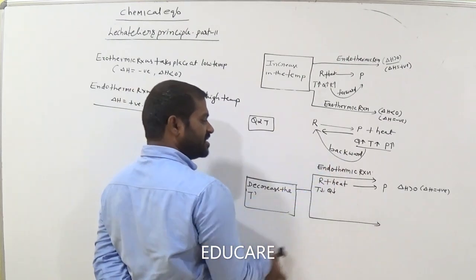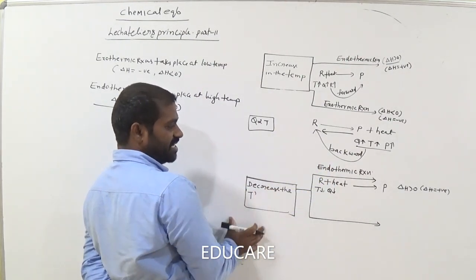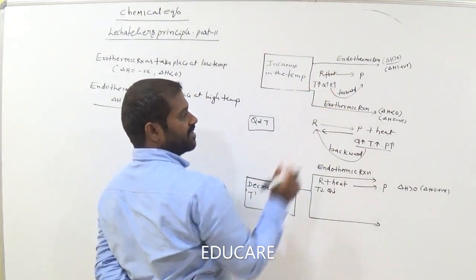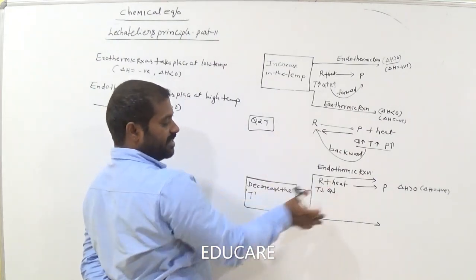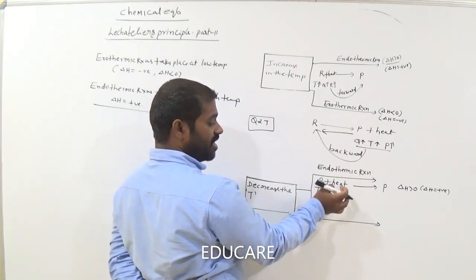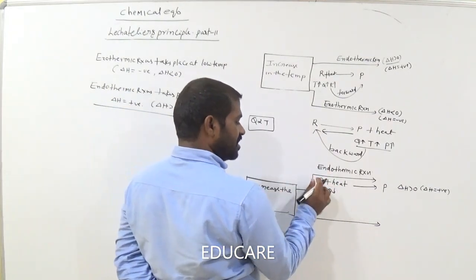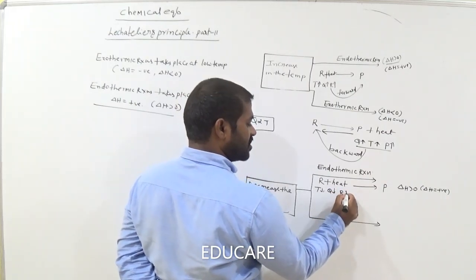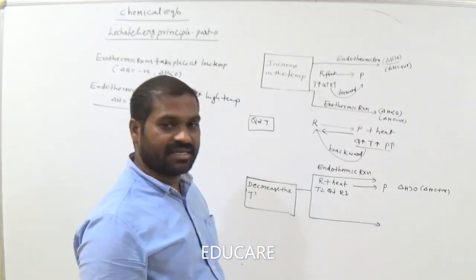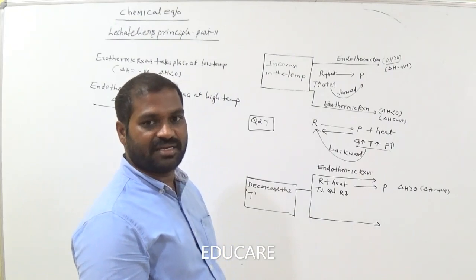So now in the endothermic system, we decrease the temperature in the system. Then what happened? Decrease the temperature means what happened? Amount of heat energy decreases or not? Decreases. So Q means reactants here. So R also decreases. That means concentration of reactants decreases or not here? Here we decrease the reactants concentration.